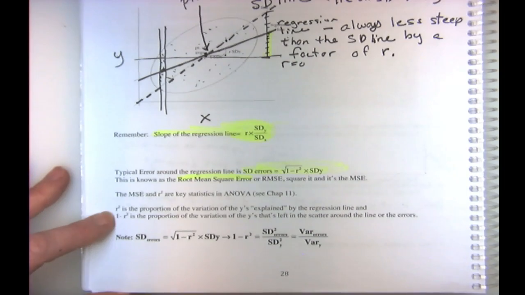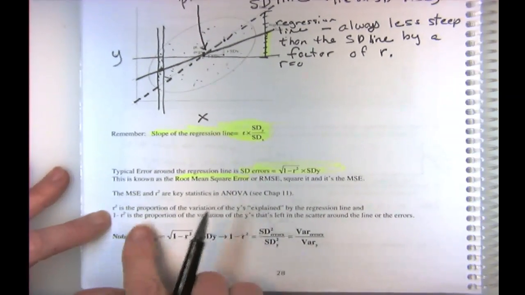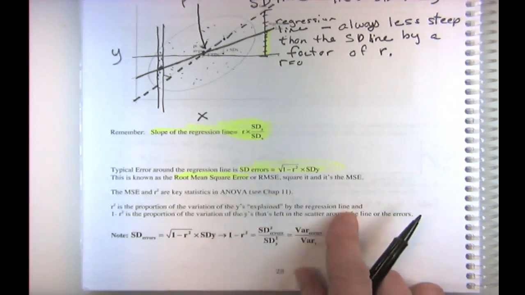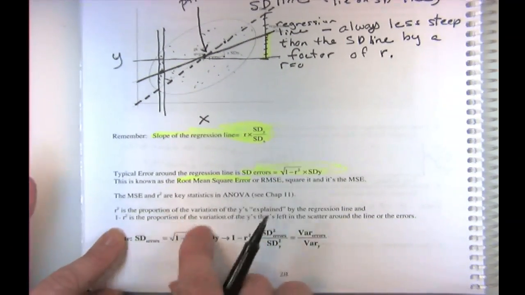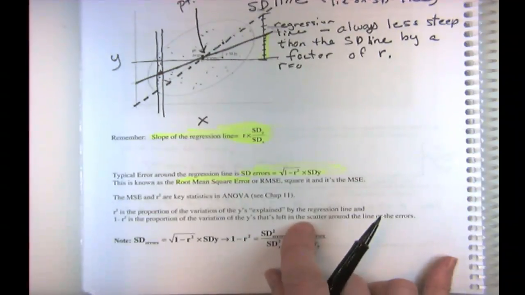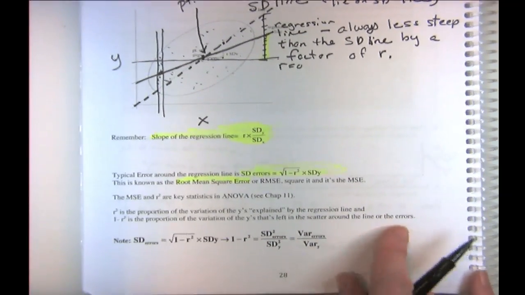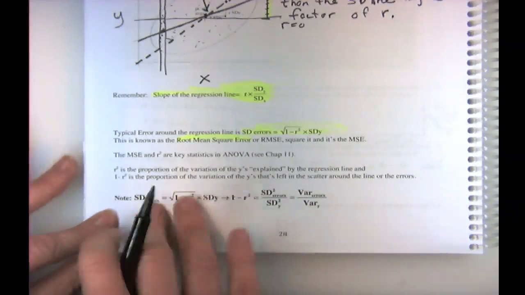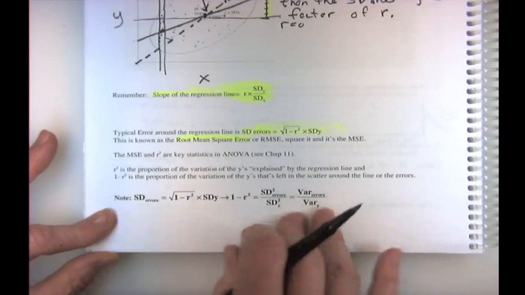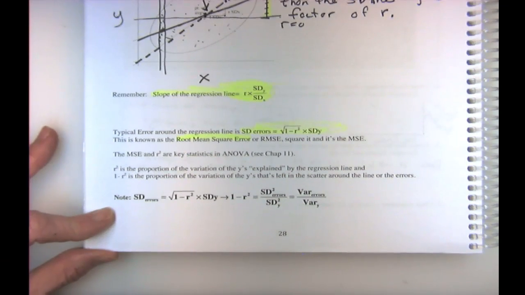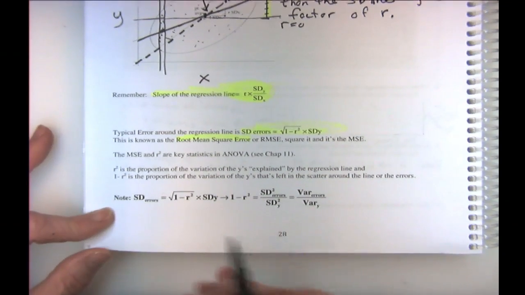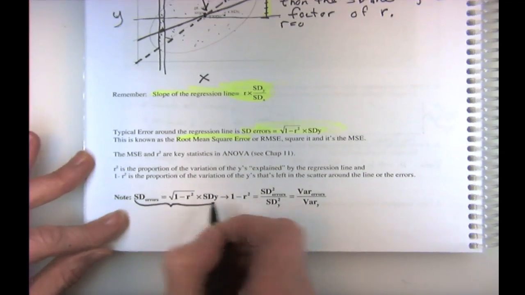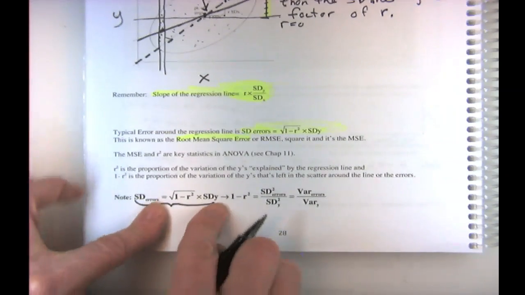And r is the correlation coefficient, and if you square it, we'll say it's the proportion of the variation of the y's explained by the regression line, r squared. And 1 minus r squared is the proportion of the variation of the y's that's left in the noise, in the error. Okay? So just so you can get a feel for this, we're going to look at this relation a lot, especially as we go to analysis of variance and regression analysis. But right now, I just want you to understand it intuitively. So just look at this formula,